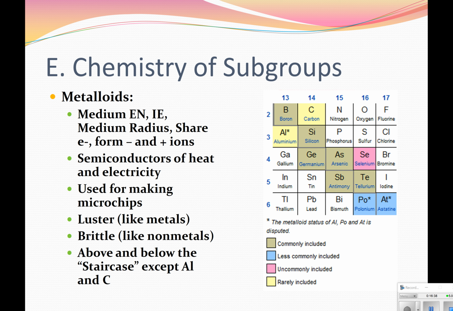It's going to depend what they're bonding with. They fall in between as far as conductors, so they're semiconductors of heat and electricity. That's why we use them for making microchips. Those are properties that can be turned on and off, essentially. They do have luster like metals, but they're brittle like nonmetals. So if we try to hit them with a hammer, they're going to likely shatter into smaller pieces. And again, these are going to be the elements that are above and below the staircase, generally excluding aluminum and